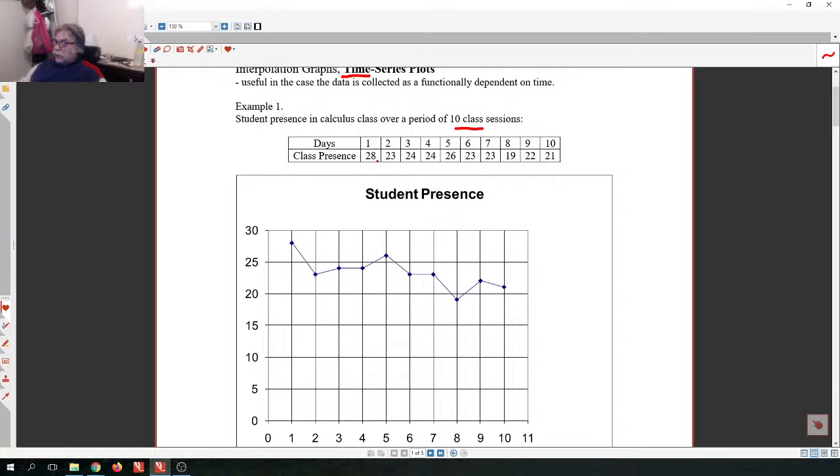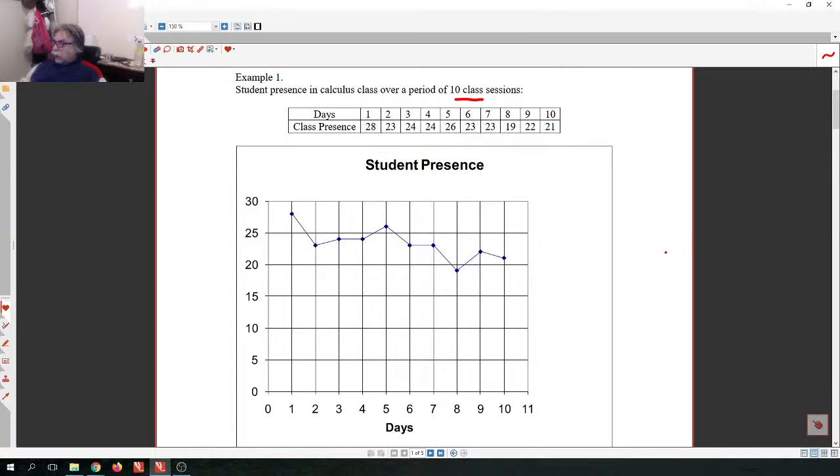So in the first class I have 28 students attending. Second class I have 23 students. Third session I have 24 students, and on you go. And when you read the numbers, they don't tell you much. Maybe you can notice there is some difference, of course. But when you make a graph, you are going to have